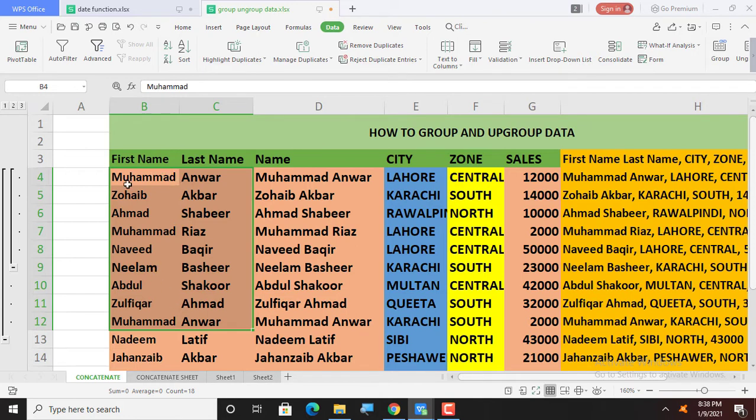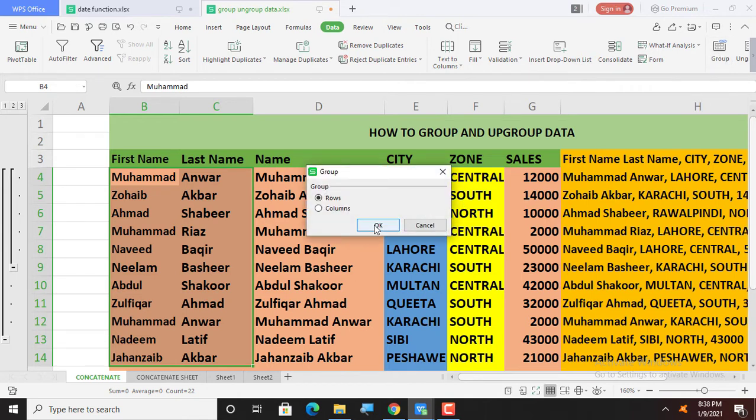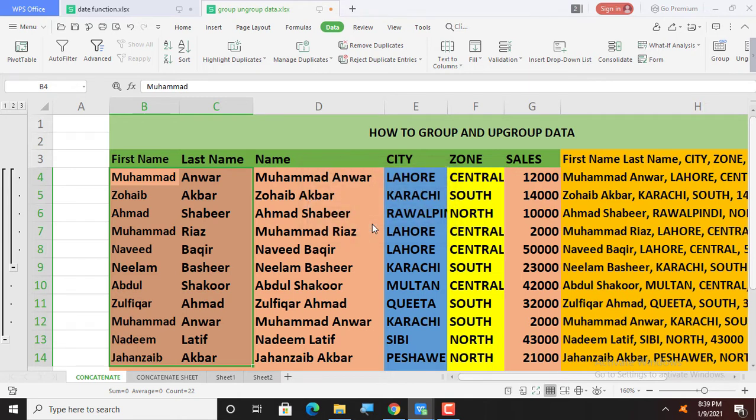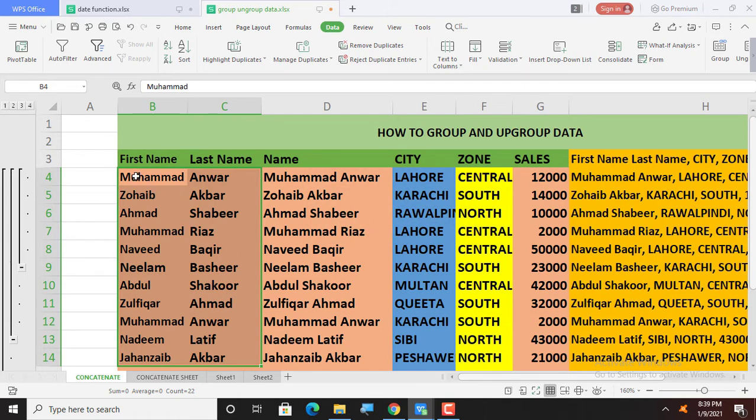Now if I want to add another group that consists of all of the names, I just select them and go into Data, select Group and select OK for the rows. Now I have another group which consists of all of the names.